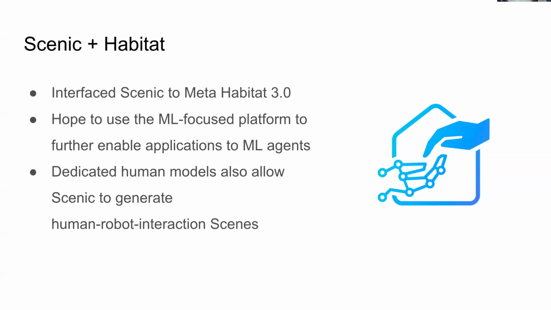So what we did is that we interfaced Scenic to the new Habitat 3.0 simulator, which is the new version of the Habitat simulator. And it is an ML and RL focused platform. So our hope was that we can leverage this platform to apply Scenic more to the machine learning based robot domain. Another good thing about this platform is that it has dedicated human models that are very controllable. So we were hoping to generate some human-robot interaction scenes,